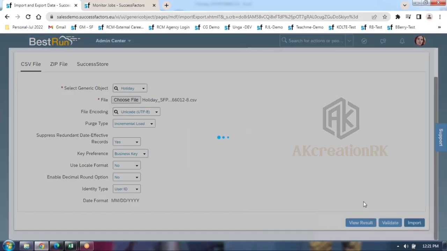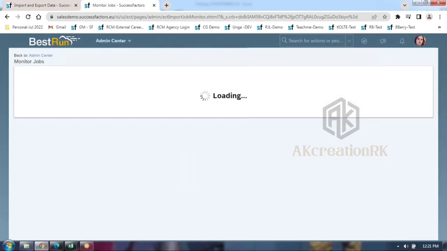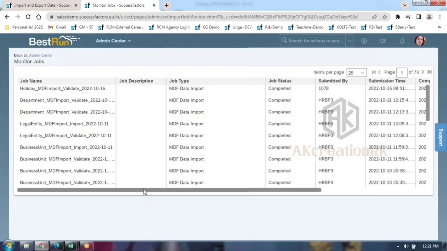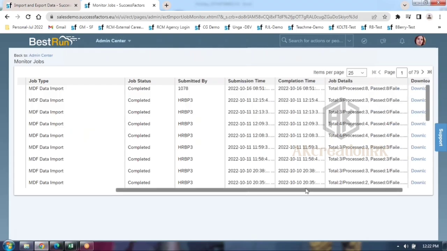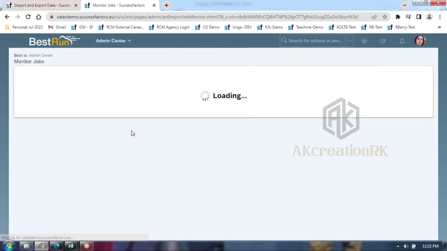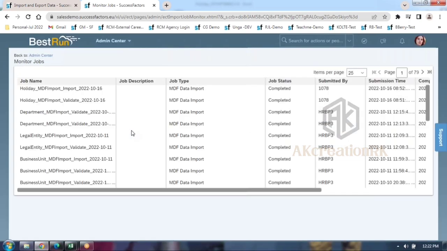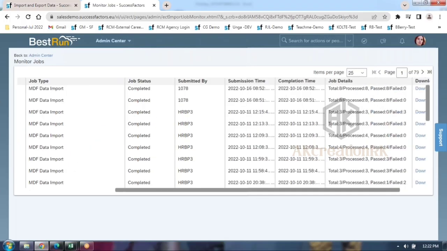Now let me go by live run. This is always the recommended approach while you are learning, guys. Not only SuccessFactors, any technology, go with manual. Don't go by automation straight away first. Go with manual, and based on that, you can go by automation. You will come to know the process very easily.